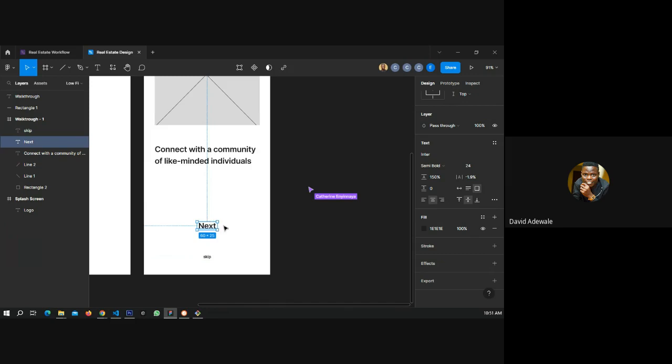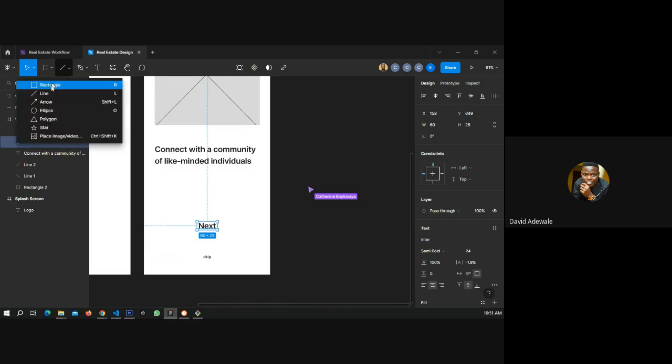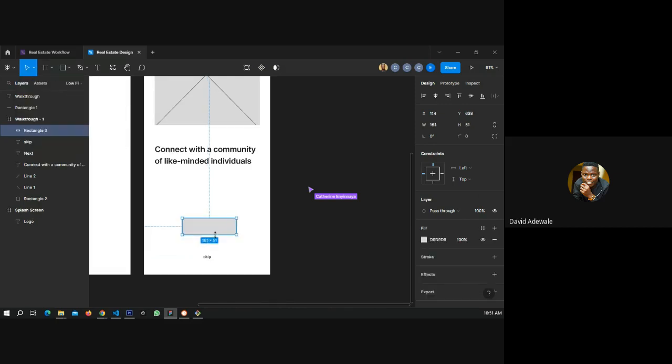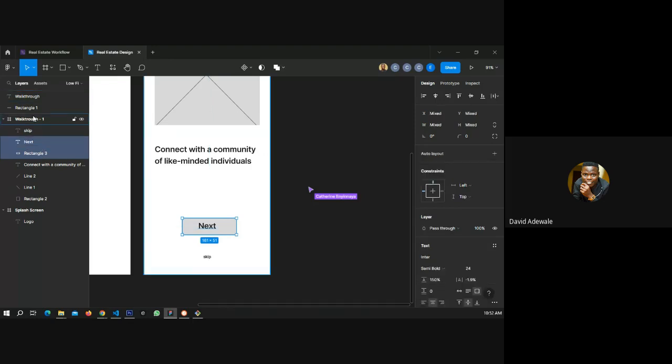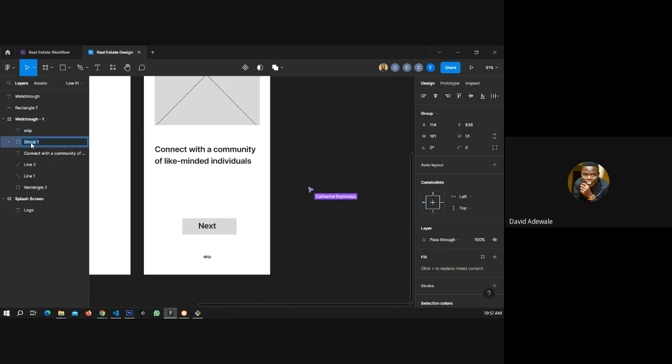So, okay, let me just use this tool. By the time we get to design, I'll be explaining auto layout. I don't want to disturb our brain now. So let me just create a rectangle and then put this inside it. Now you can see it's covering. That is where your layers, arranging layers comes. So I will drag this guy down, and then next will be at the top of the rectangle here. And then to make our work neat, because I'm looking at this thing and it's irritating me already, I can just group it, pressing the Control G, or you just right click here and you see group selection. So when I click group selection, I can say BTN.